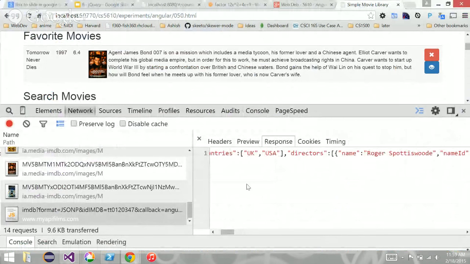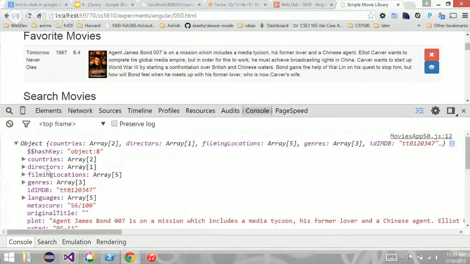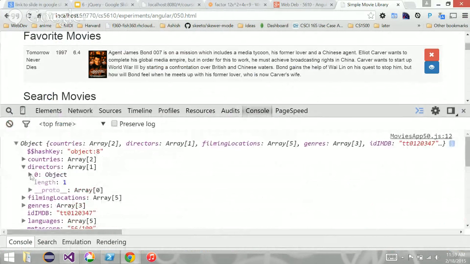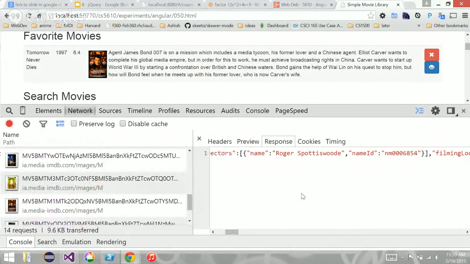Let's see. Do we have directors? Did we already have directors? We did. One director. And in the network response, it says that, yeah, it's just one director. Filming locations. I don't think we had that. Genres, IMDb, languages. Do we have that? Languages, English, German.